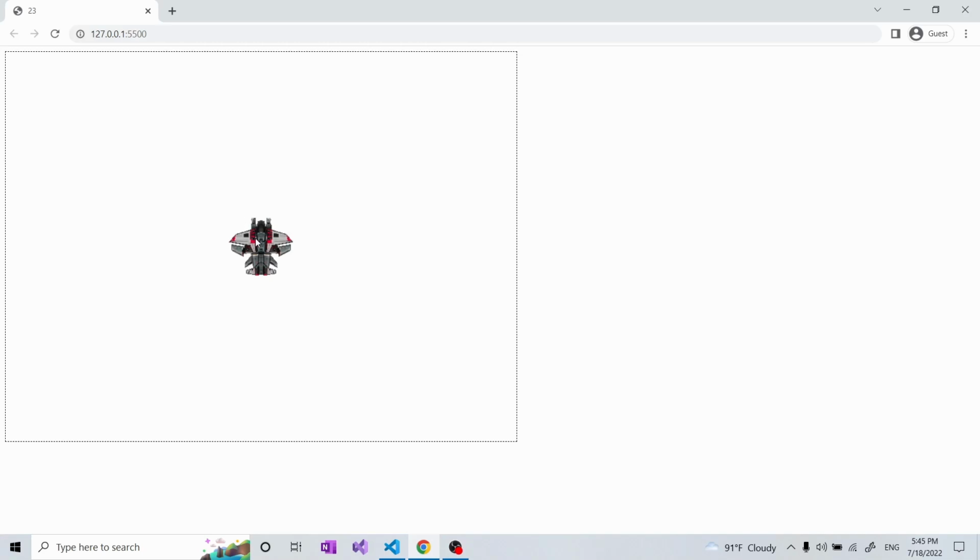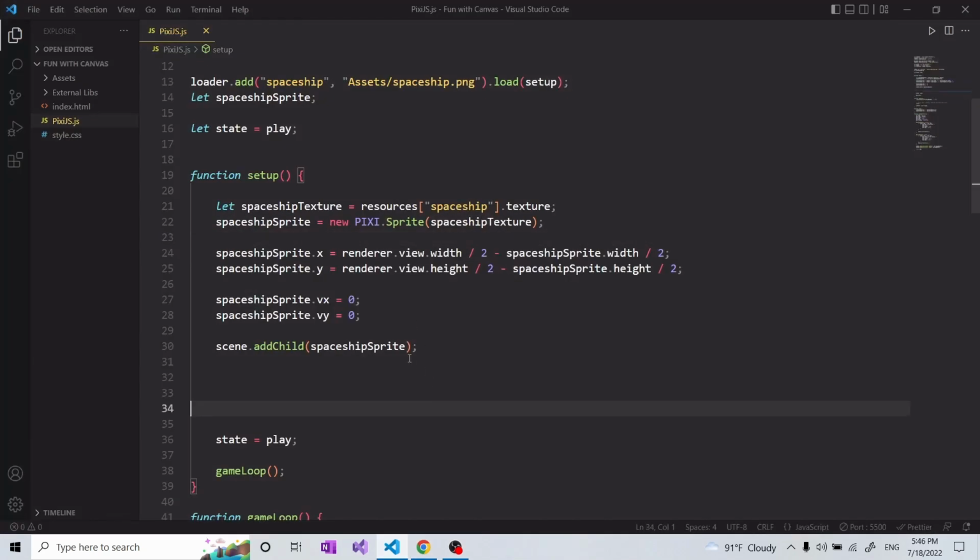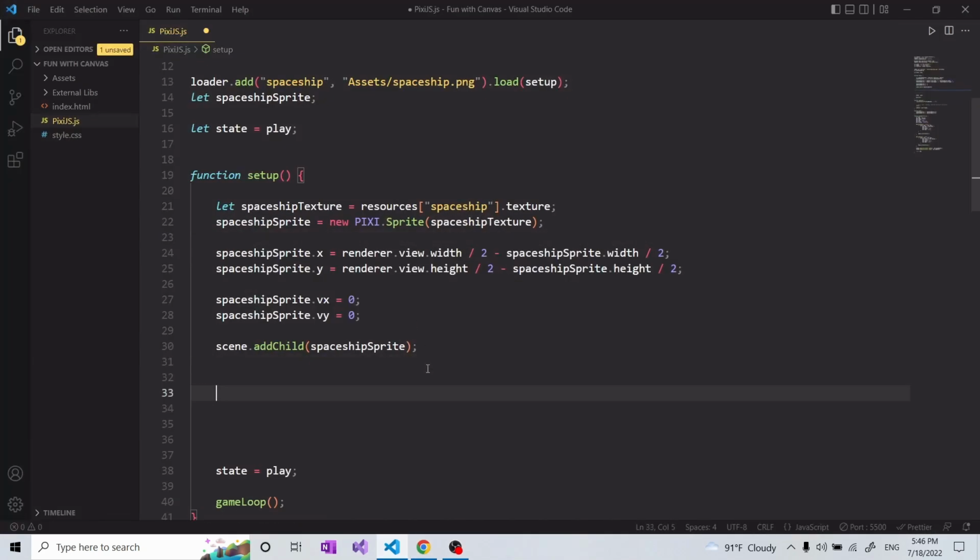So by increasing the X position of this spaceship with the speed, it's going to move it, so that's called the displacement. So we displace this object by adding the speed to its X position. I hope that makes sense, even in the vertical and horizontal, both of them. And okay, so now let's make